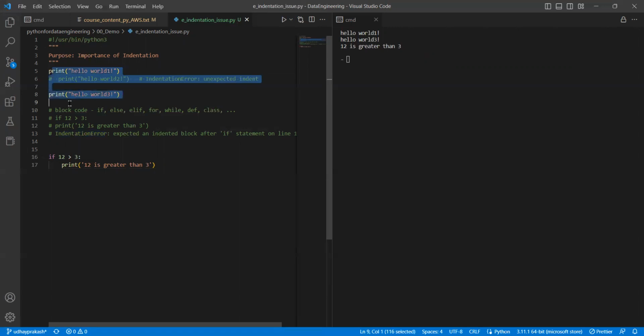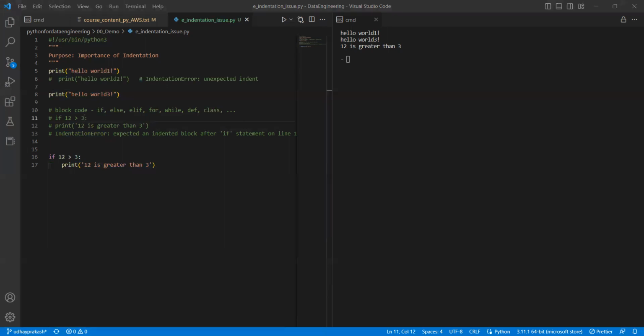When it is not needed, you should not give it. When it is needed, it needs to be given. When it is needed means when you are going for a block of code. Because Python doesn't have this concept of braces, they tried to add braces, but many people rejected it because it will actually complicate things, right? Basically,